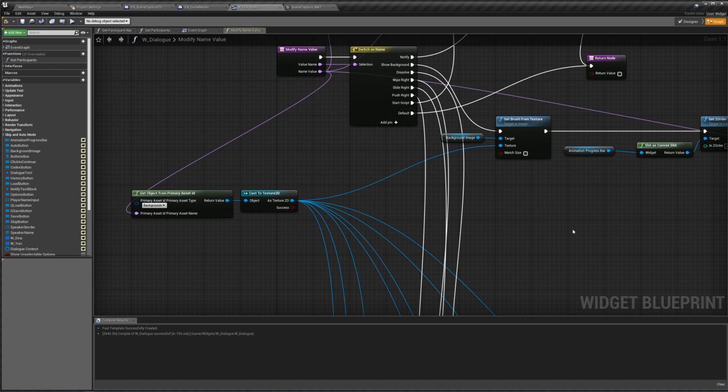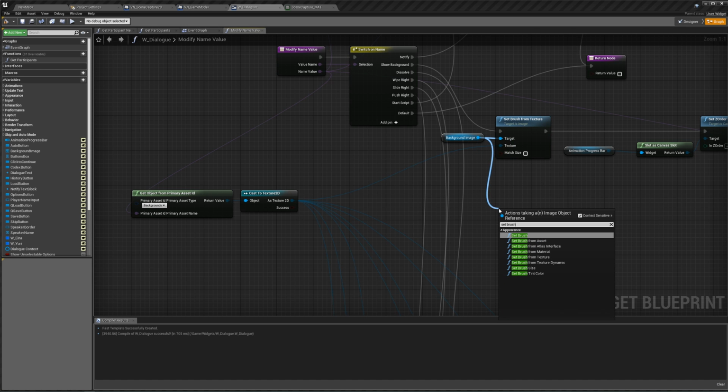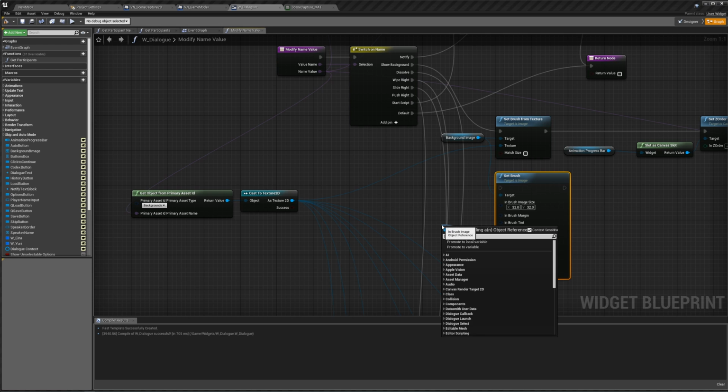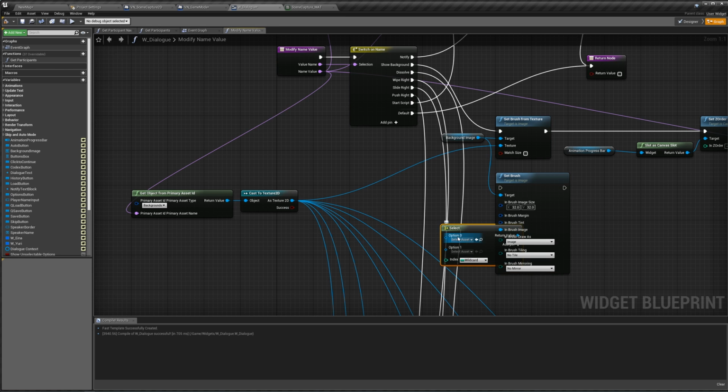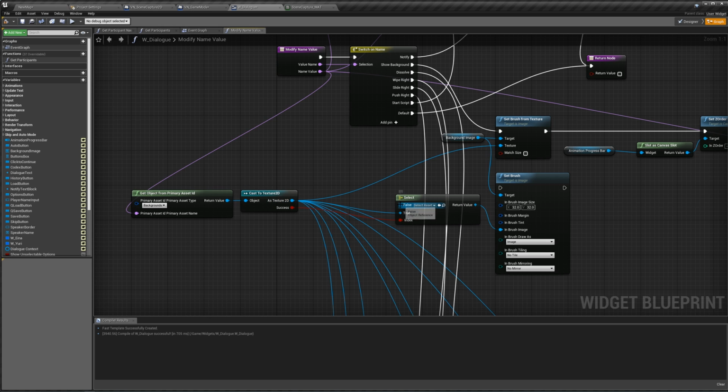So what we're going to do instead is every time we would set our brush from texture, we are going to have to set brush just in general. And then we would have to break this brush, and in the in-brush image, we are going to do a select. And that select is going to be based on if our cast to texture 2D was successful or not. Because if it was not successful, in other words this is null, then that means our name value doesn't correlate with a 2D background, and we're assuming that it is a 3D background. So in the true pin, we are going to pass in our as texture 2D,